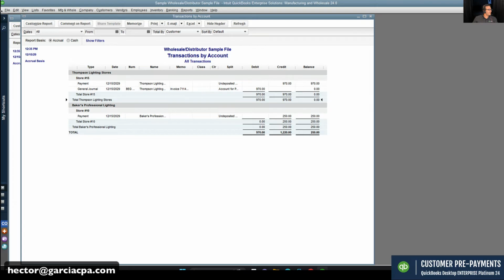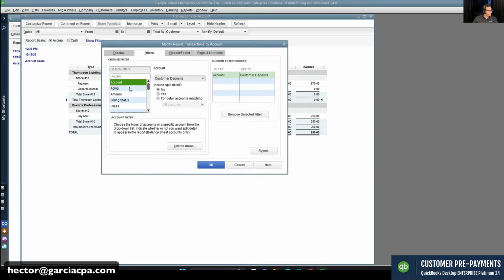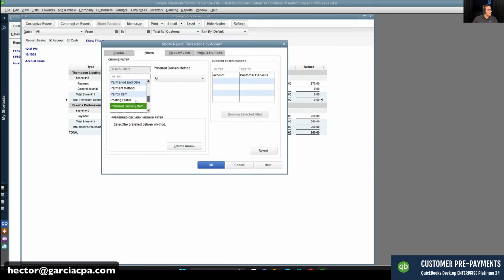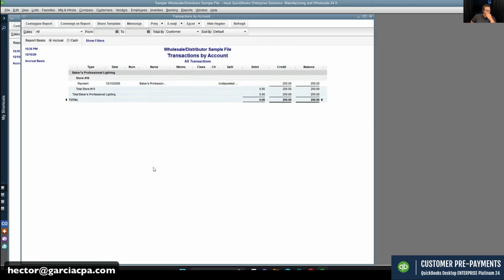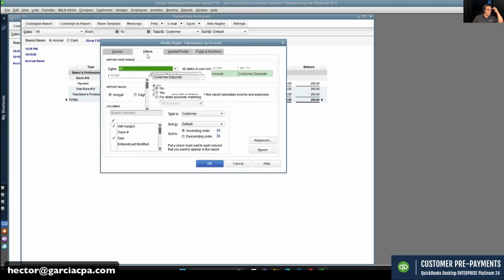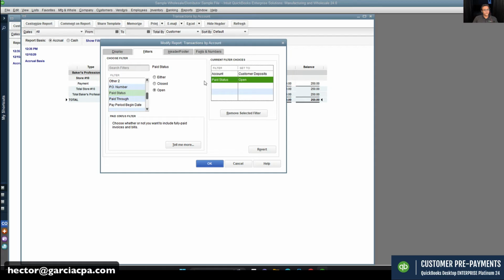In theory, let me see if I go to custom reports and filter and go into paid. I don't know if we'll get lucky enough where maybe a paid status and we do open, see if that will help. So I'm going to say, in theory, you might be able to just do that. I haven't tested it enough. I mean, this thing just came out like last week. So I haven't tested it enough with a real file with tons of information, where running that particular filter, the paid status open, can give you all the ones that are open and avoid showing you the ones that have